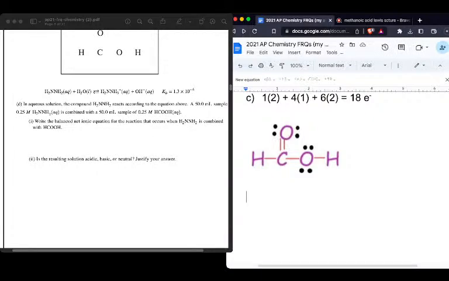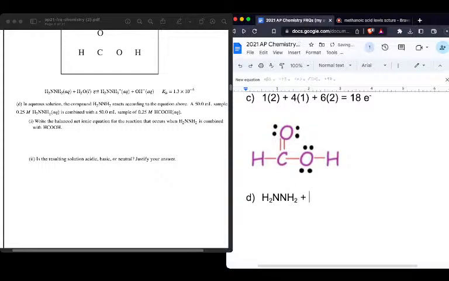So question D, we've got an aqueous solution of H2NNH2. I forget what that's called. Hydrazine. It reacts according to this equation above. A 50 milliliter sample of hydrazine at some concentration is combined with 50 milliliters of methanoic acid. Okay. Write the balanced net ionic equation for the reaction that occurs when H2NNH2